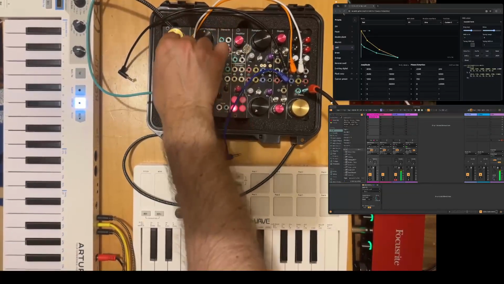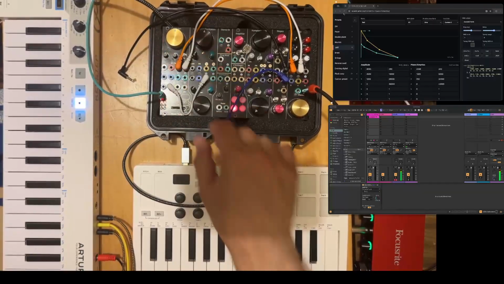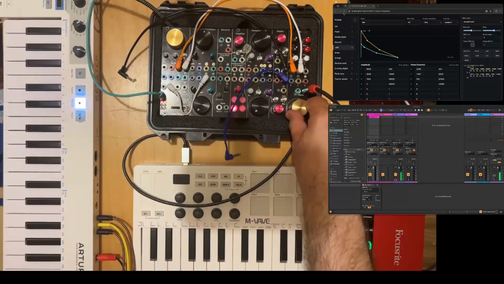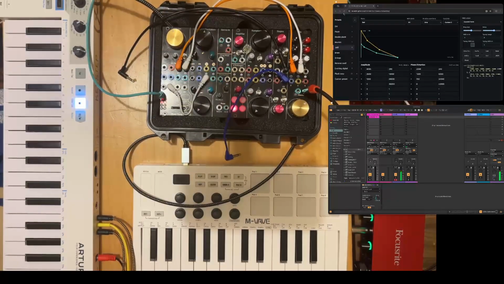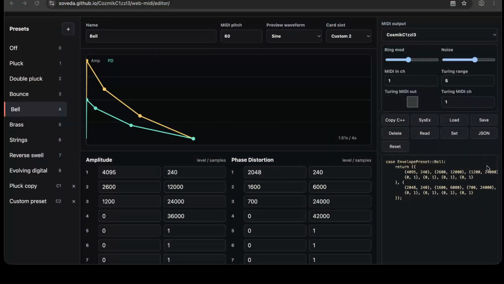So you don't accidentally change things when you're not intending to. So if we move once again to the editor, let's see that here we've got the Turing range and